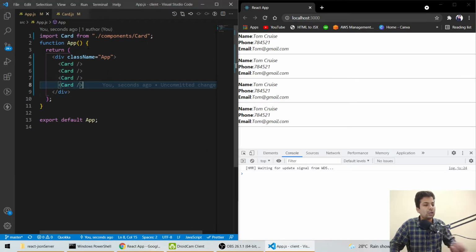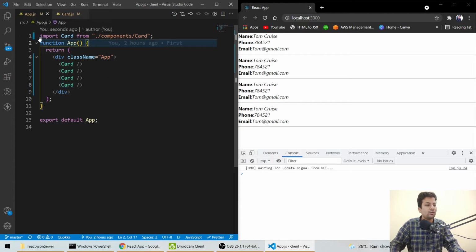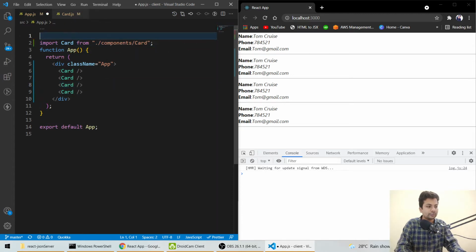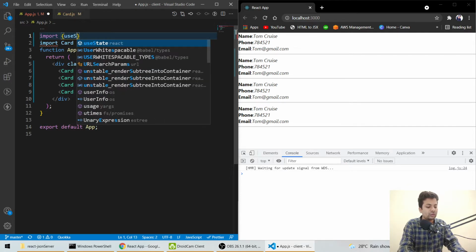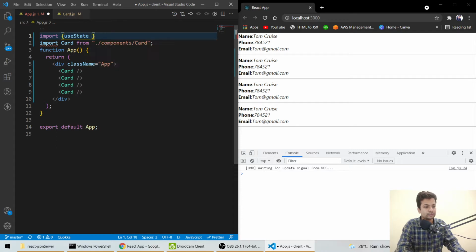So for props, we'll import one thing. We'll say import useState from React.